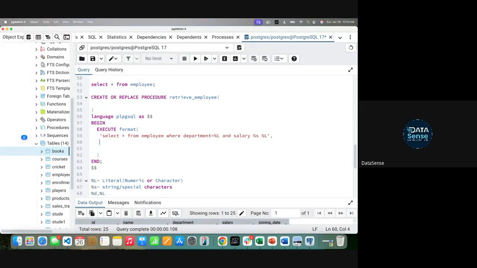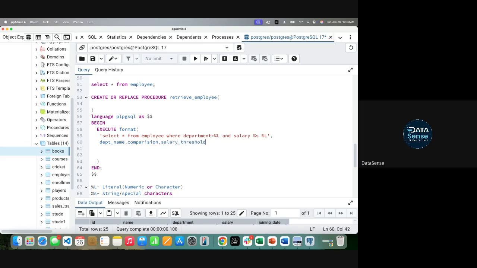So now remember, the way in which you move from left to right here, in which these placeholders are coming, in the exact order you need to write those values here. First you see department, second you see the comparison operator, third you see the salary threshold. So the first parameter needs to be the department name, the second parameter the comparison operator, and the third the salary threshold.